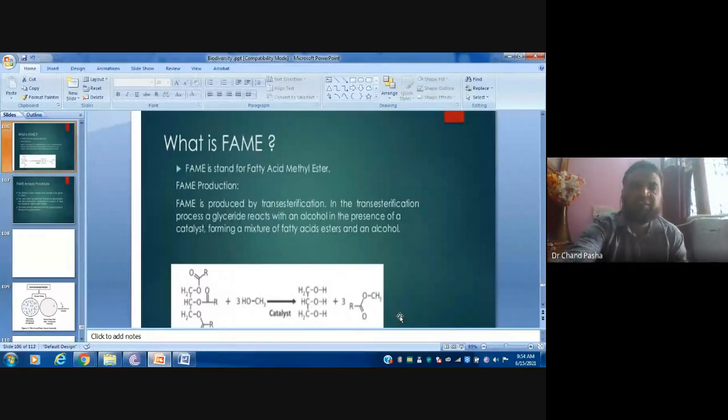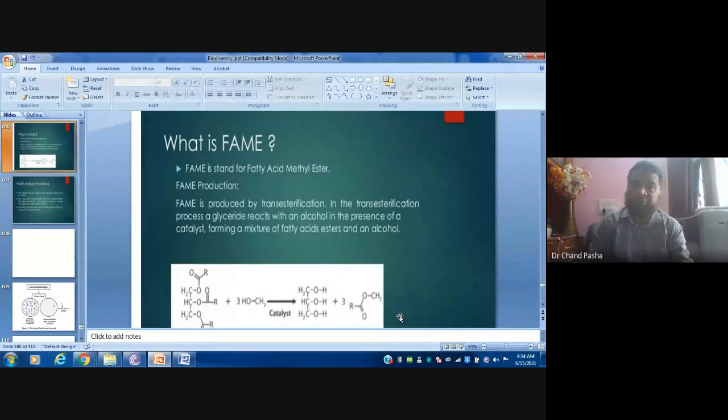So based on that data, we can identify what your organism actually is. This is actually the most preferred method. This is, in fact, the most advanced method to differentiate bacteria, whether culturable or unculturable. But the problem is that the bacteria should be pure.